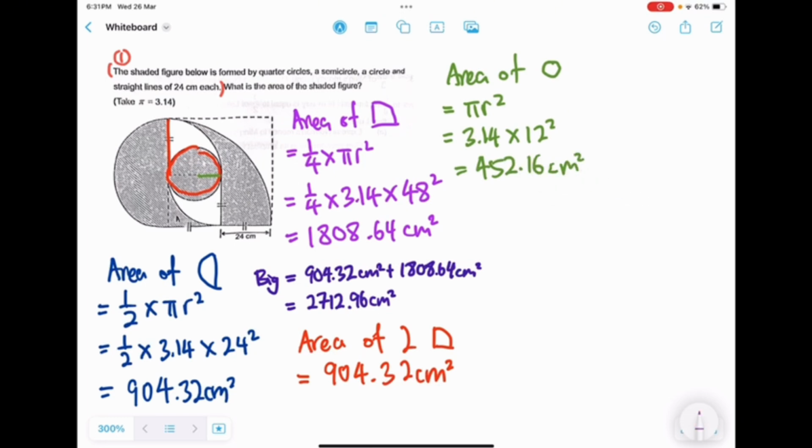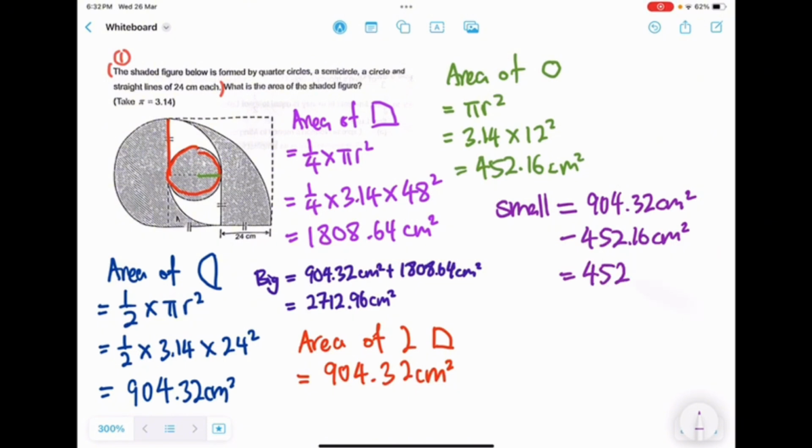Now to find my small, that is simply just 904.32 cm square minus 452.16 cm square. This would simply give me 452.16 cm square. Now finally, what we can do is to take my big minus small, and that would simply be